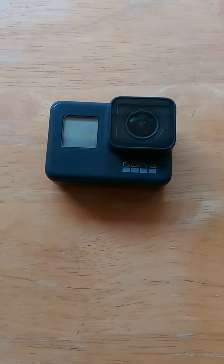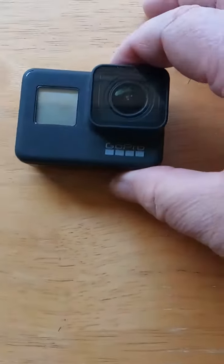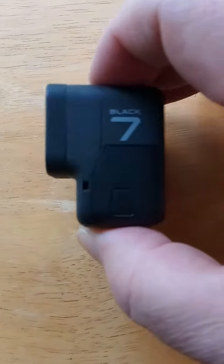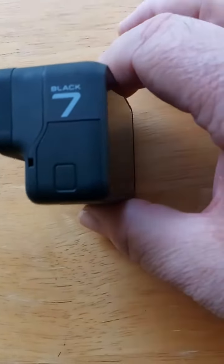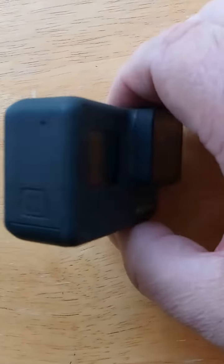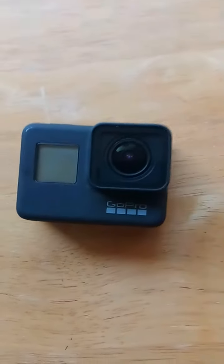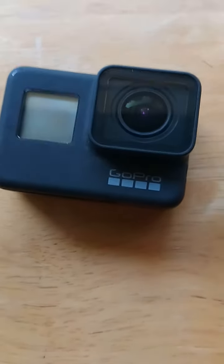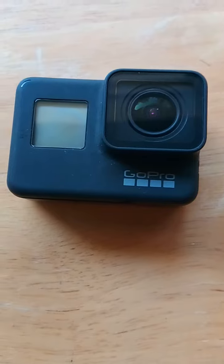Okay, so this one's the GoPro HERO7 Black. It's capable of 4K at 30 frames per second, and standard 1080p at 60. It has the auto stabilization, as well as I believe it can do like